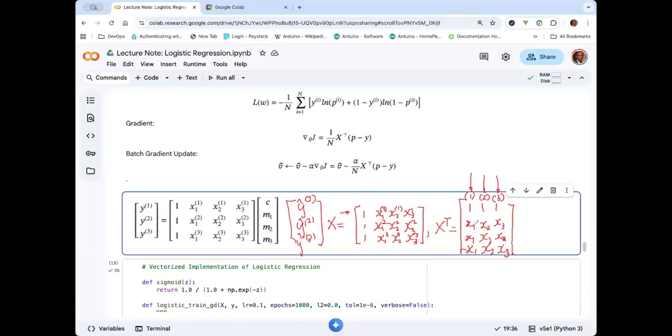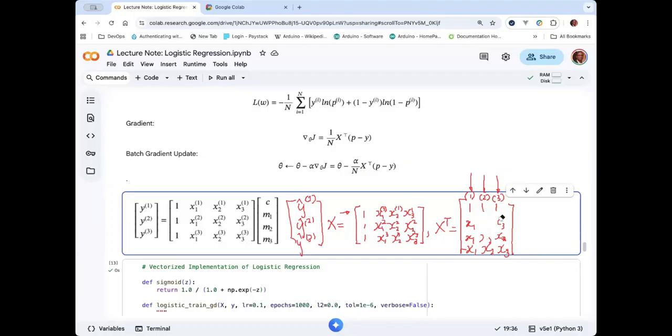So this will be X1, 1, X1, yeah, sorry, I made a mistake. This is X1, X1, X1. Yeah, that's correct. Oh yeah, okay. So I made the mistake. So this should be,